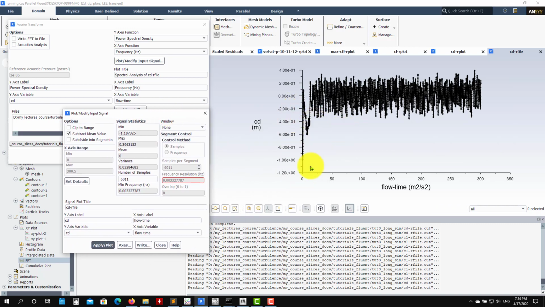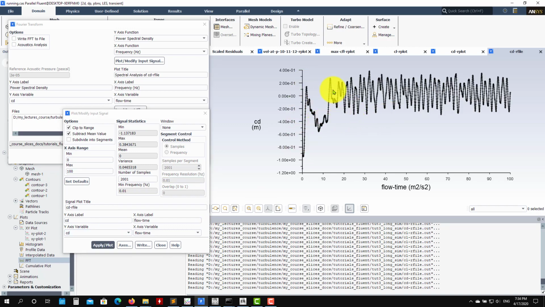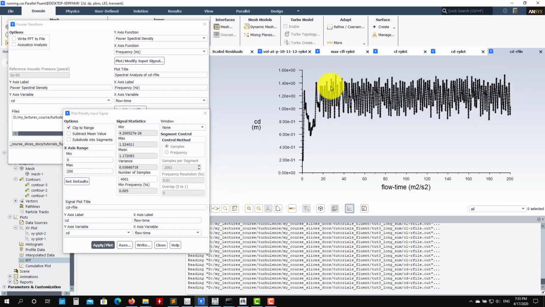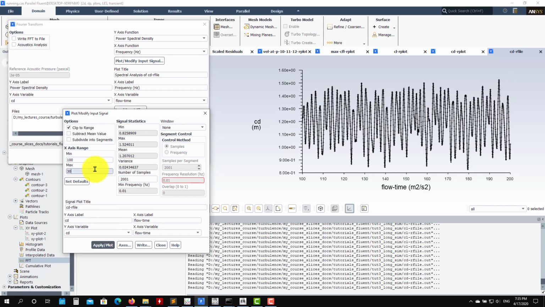Okay, so see that we have a long signal, we have here a long transient. So definitely here, see that we need to erase some information from our transients. This one is no good, and also probably up to 50 is no good. You should erase that one, then do your statistical post-processing starting from that. Okay, and as we go, for instance, up to 200. Okay, see that we have kind of a periodic behavior, but let's remove the first 100 seconds, and we can do our statistical